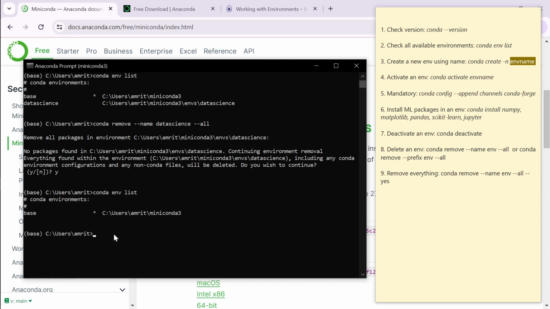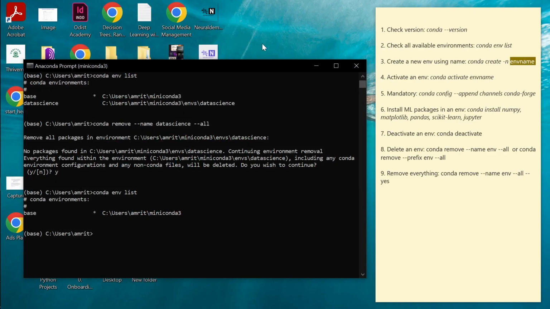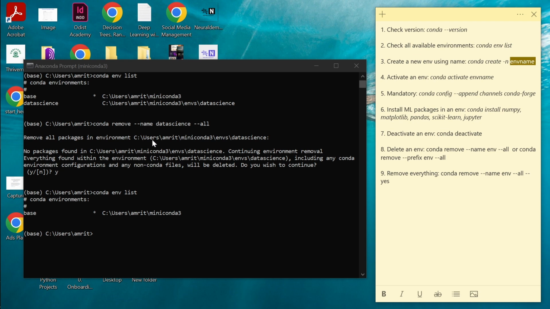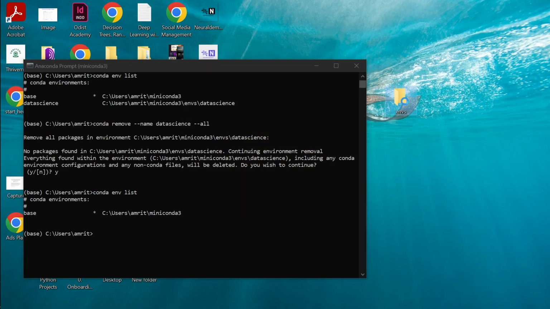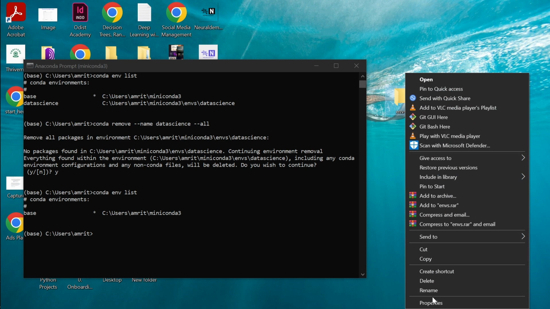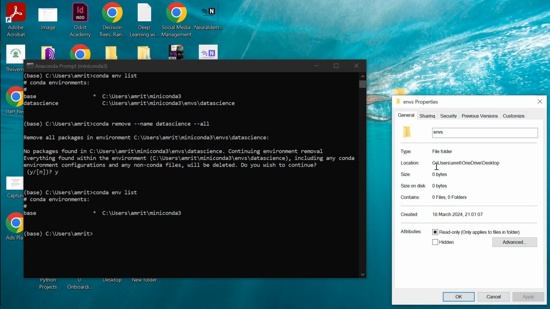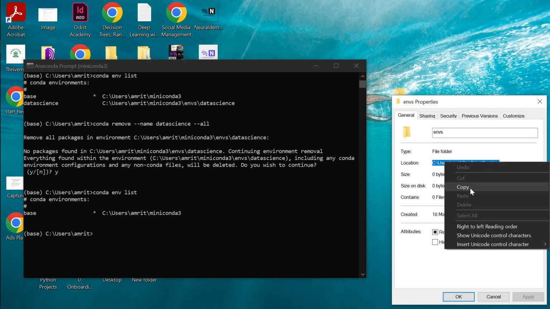Now let's create our environment in a particular location, the folder that I created earlier. Let's see how we can do that. So what I'm going to do is copy the location of this particular folder, go to properties and then location,